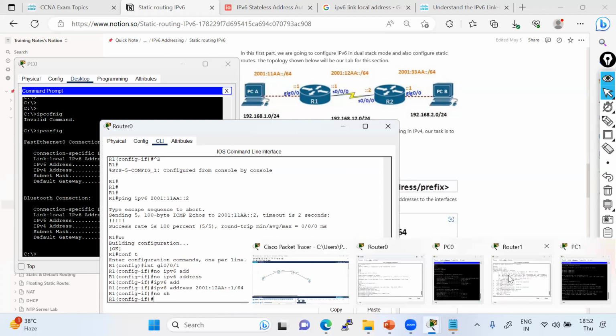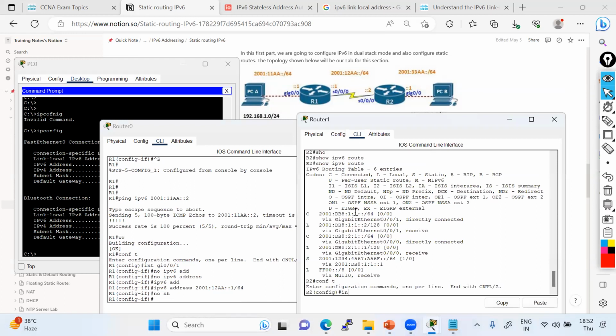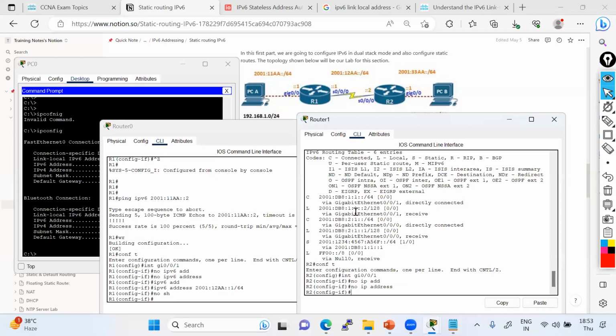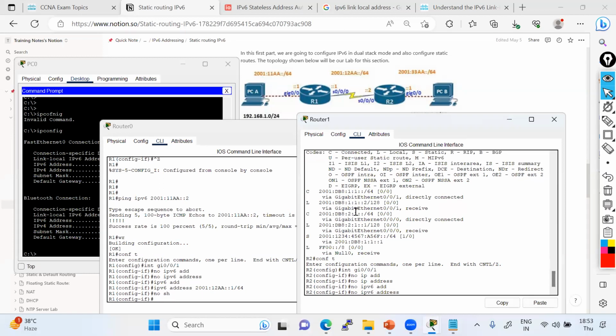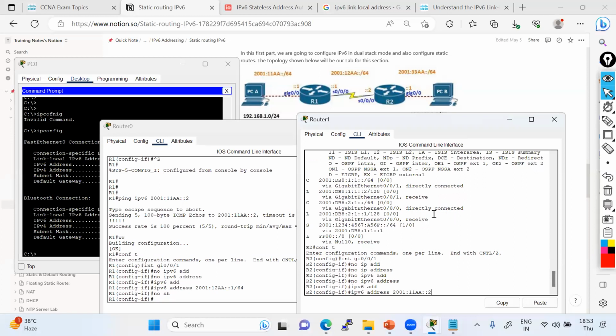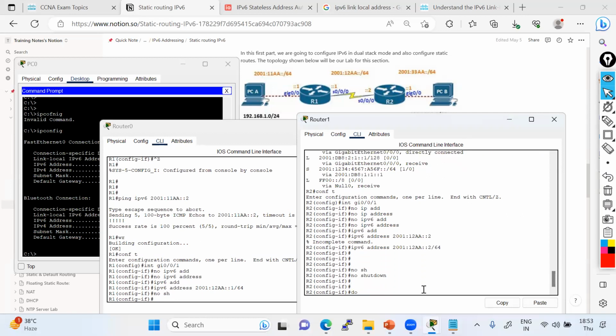Now I'll go on the other router. This is router 1. I will go on the interface gig 0 by 0 by 1, no IPv6 address, right? I'll use the IPv6 address, and this should be 2 because 1 is configured here, so it's 12.2. So this is 12.2 slash 64, right? No shut. If I try to ping it from this to this, let me see if it is pingable or not.